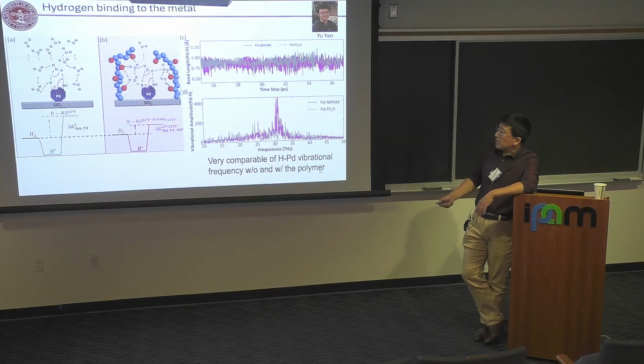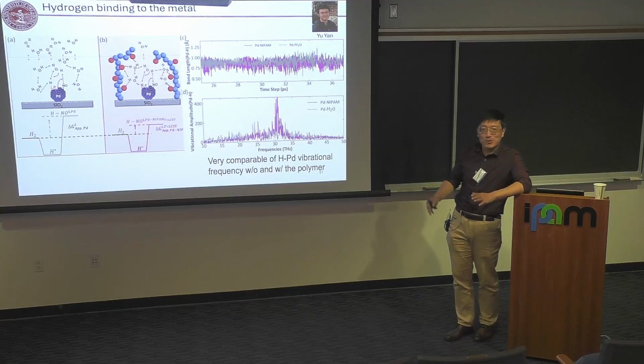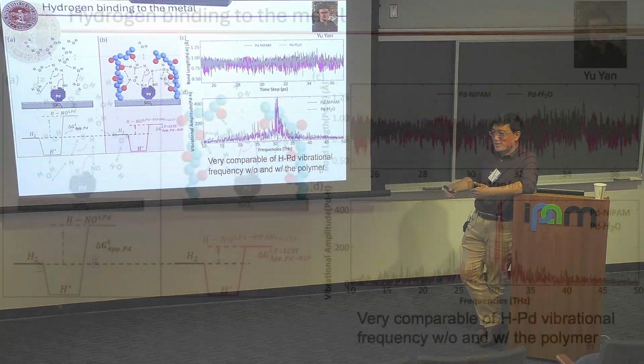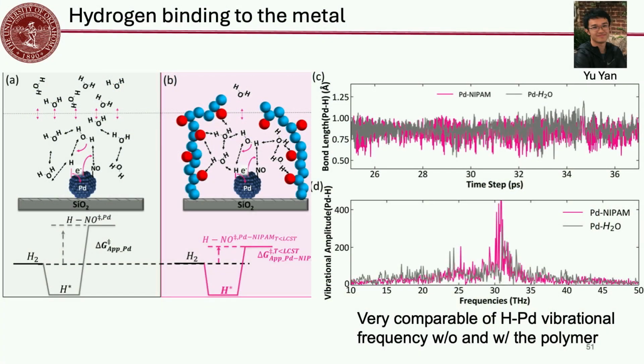What we did here is we tried to model this metal-water polymer interface, which is, of course, impossible for DFT. So what we did is the following. We picked just a palladium surface. Instead, put a polymer, which is 70 nanometer long. We just put 2 monomers into the water, and then run MD, and see how the presence of these 2 monomers will affect the water configuration and also the reaction thermodynamics and kinetics.